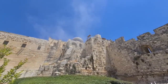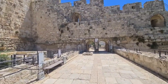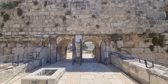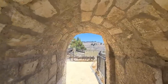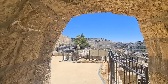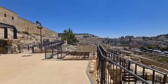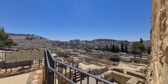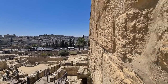You can see the dome of Al-Aqsa. Gosh, it's like air conditioned. Although it's noisy, I think you can actually hear me and see everything. I'm trying to stay in the shade. City of David, I came from there. I bought a ticket there. You saw the